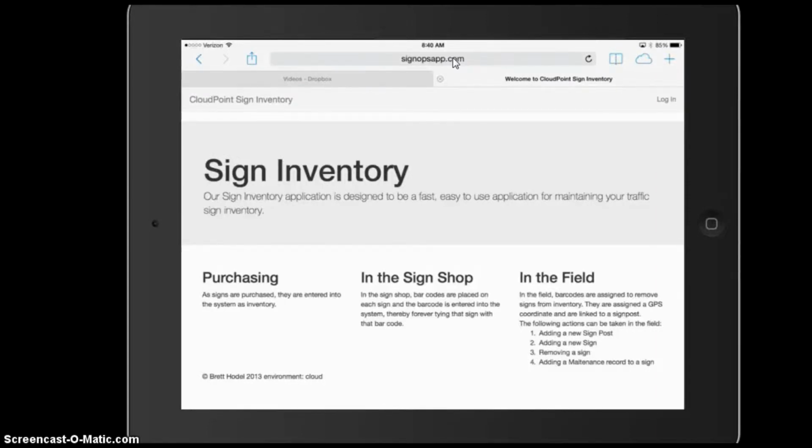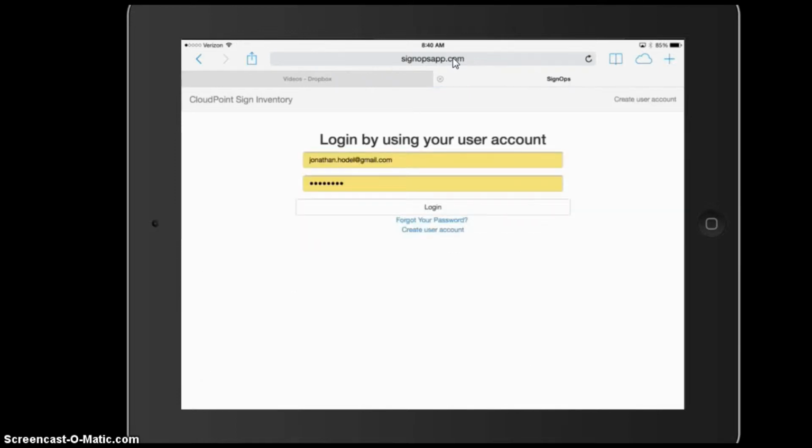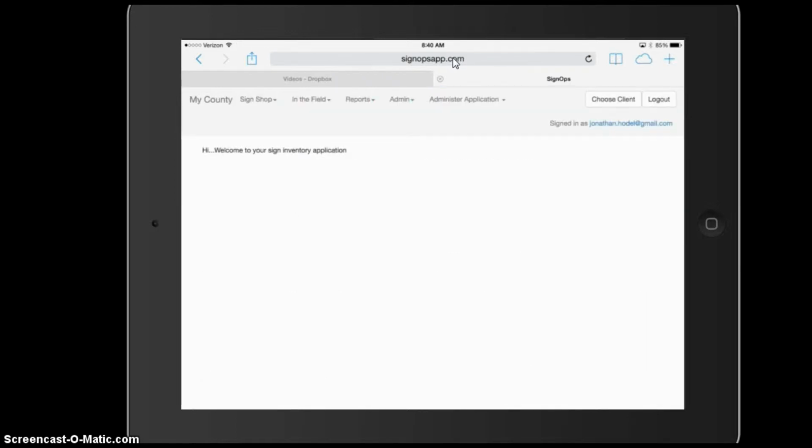So let's go ahead and get started, looking at a simple workflow. We go from the sign shop and then into the field. We want to make this user friendly and keep the process moving right along. So go here to the login screen. Okay, and then from the home page we can choose our client as we log in,